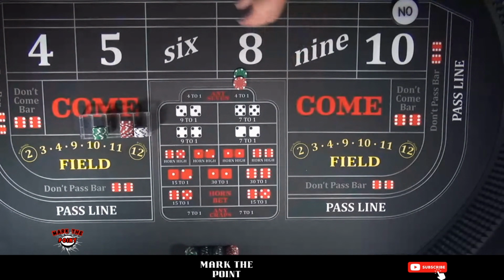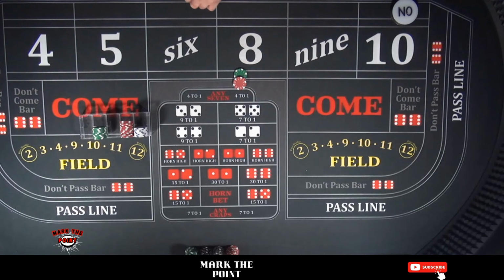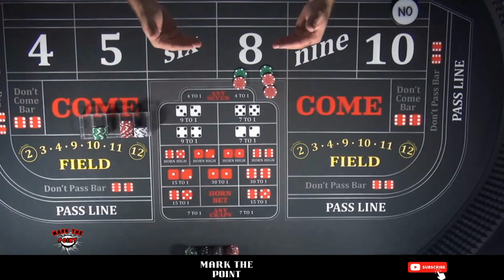Okay, what does that mean? Well, let's look at it this way. This green chip is really 1, 2, 3, 4, that's actually 5 red chips, and then that red chip is technically 5 white chips, right? Would you agree with that? So now what's going to happen is that $30 bet actually pays $35.